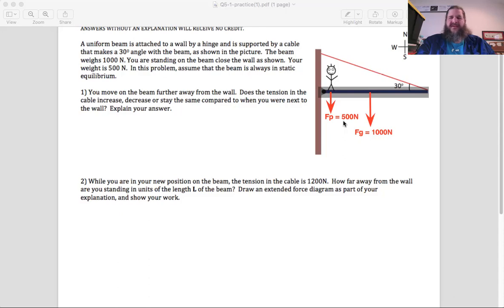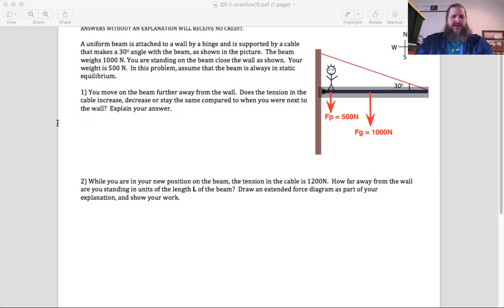What force is actually given as 500 newtons in this problem? The weight. Yeah, the weight of the person. And that is the force of gravity. The weight of the person is the force of gravity on the person. But we wouldn't include the force of gravity on the person in this diagram because we're just looking at the forces on the beam. But if we separately draw out a free body diagram for the person,